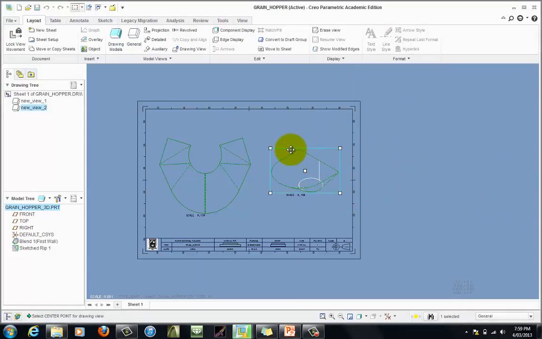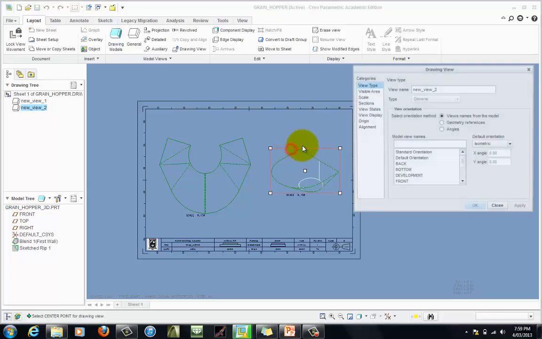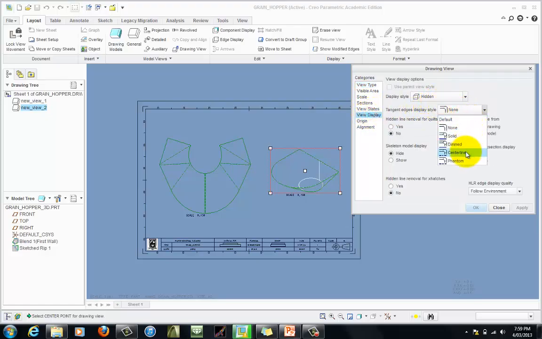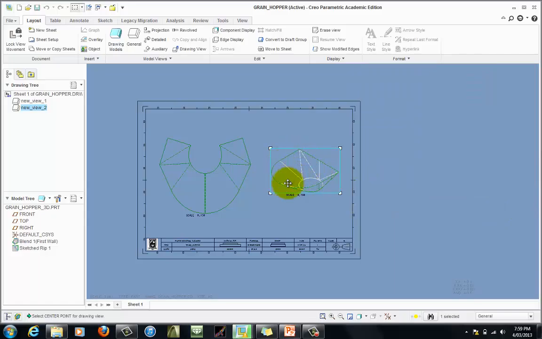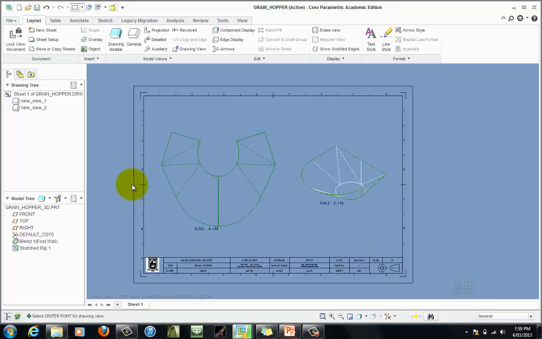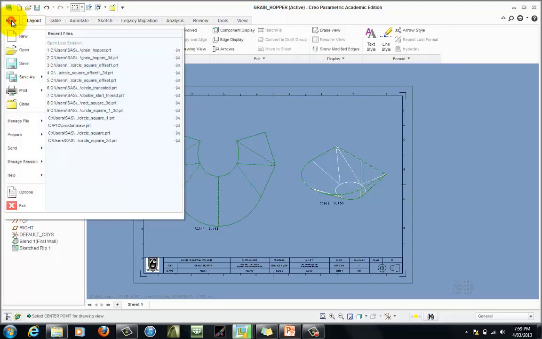Yep, that's looking good. Something I haven't thought of doing, I wonder if we could do the tangent edges on this one too, whether we'd seal the folds. That might be a bad idea. View display, center lines. Yeah, that looks pretty good actually. Gives us the idea of all those fold lines as well. Okay, and there's no need to make that black and white because when we do PDF it'll black and white it anyway. So let's go then File, Save as a drawing,